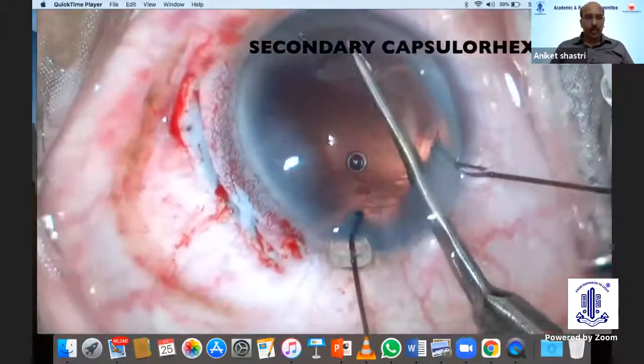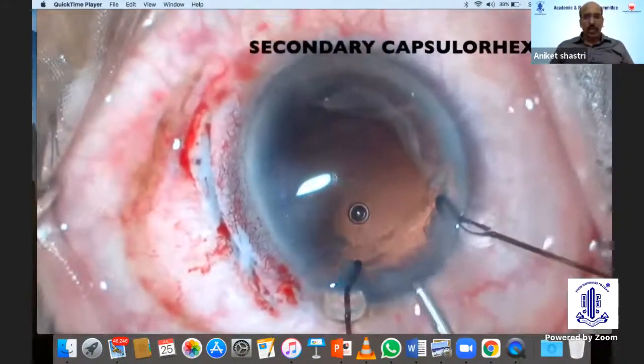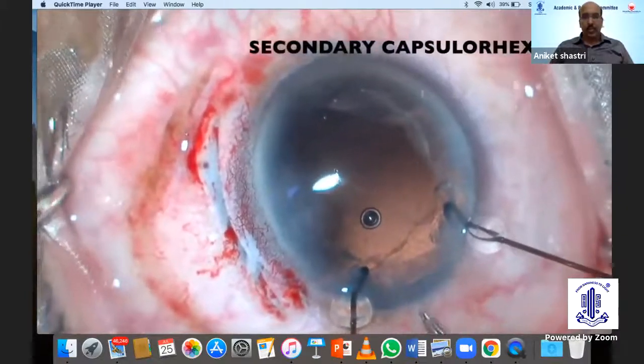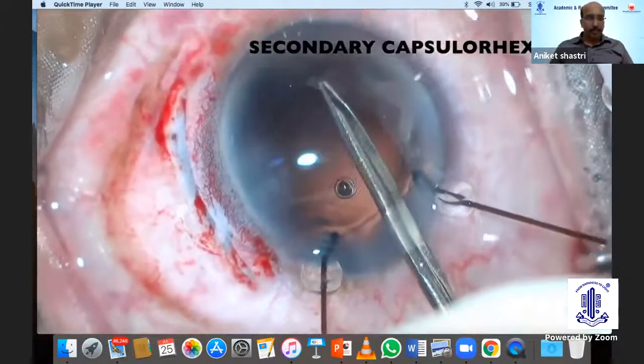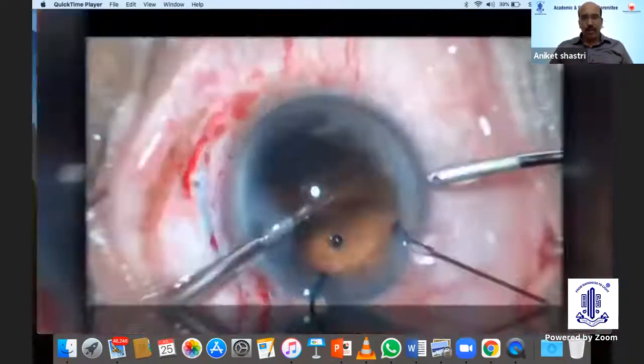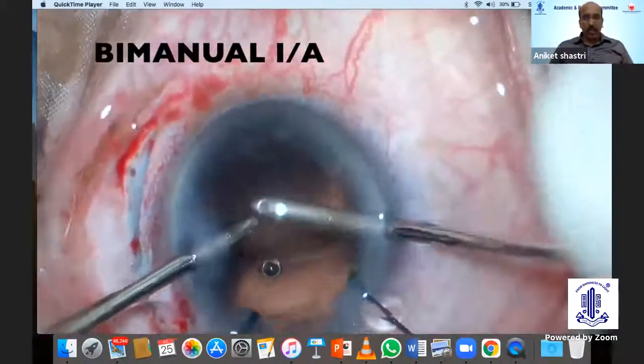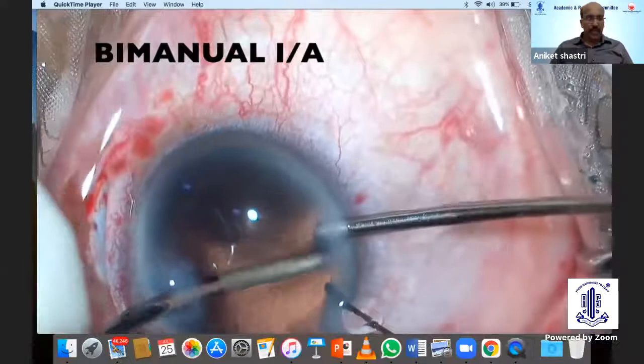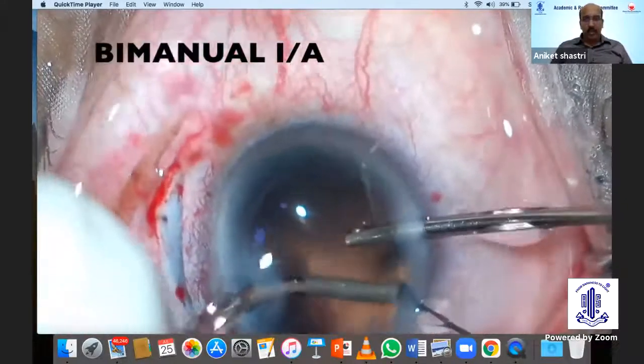A secondary capsulorhexis was performed, as Anaga madam had said, to achieve an adequate size rhexis so that we could put a large IOL implant there. After this, bimanual IA was done to remove some of the small tags. As the zonular dehiscence here